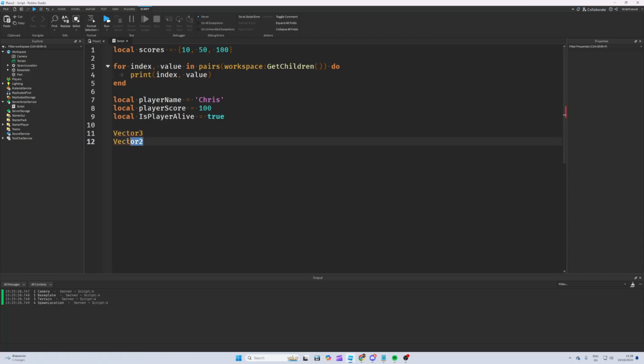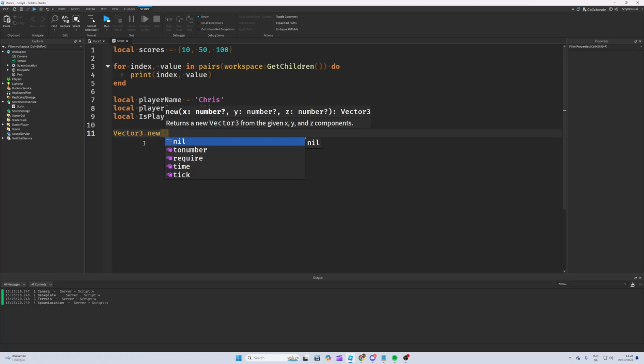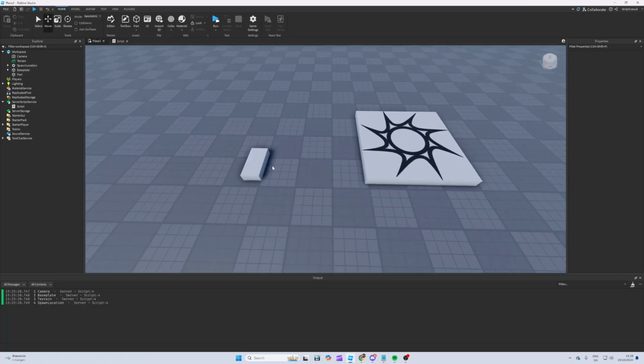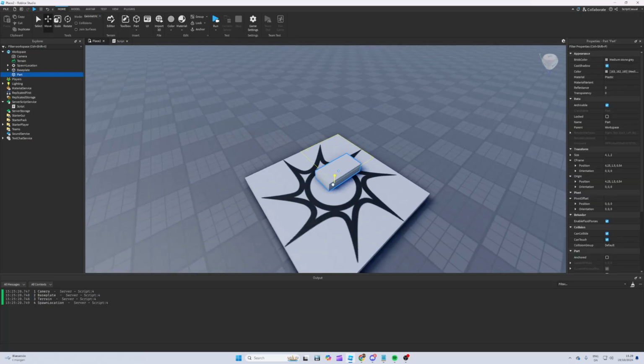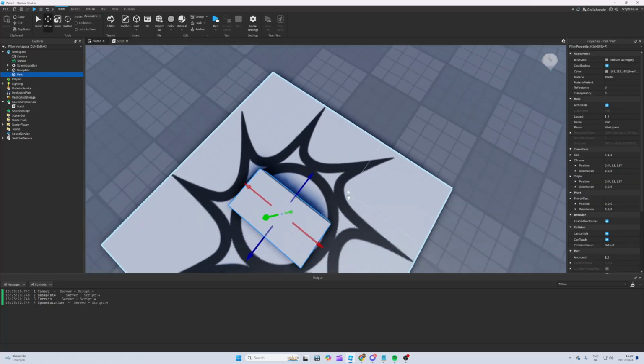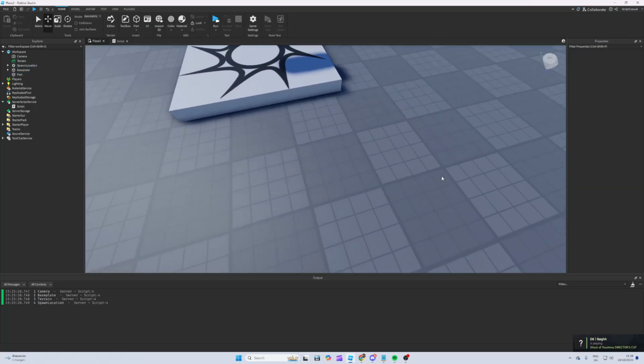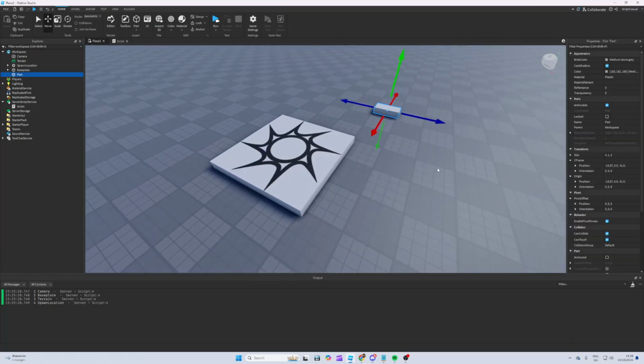So in Roblox Studio, you pretty commonly want to set the position of something. So you do Vector3.new, for example, or if you already have a set Vector3, you just use that. But say we had a new Vector3, it's going to ask us for an x, a y, and a z. So if I just do 0, 5, 0, then in theory it should go to the origin point, which I believe is above the spawn point, but I'm actually not sure. So it would go up 5, something like this, up in the air. We can actually check this by making this